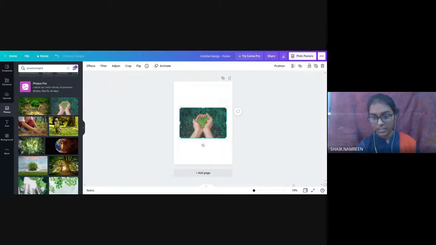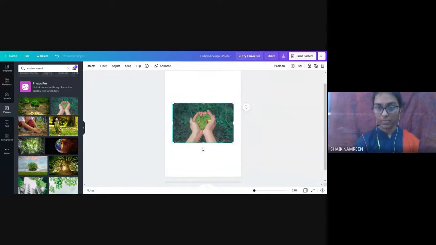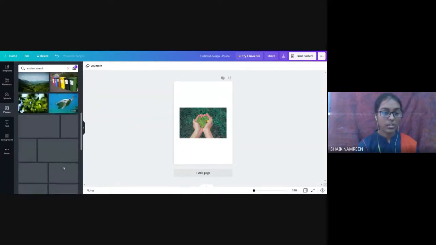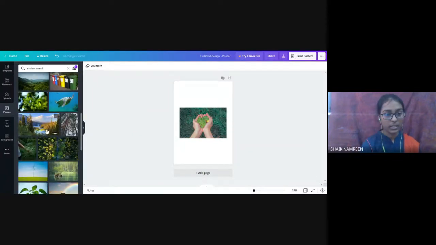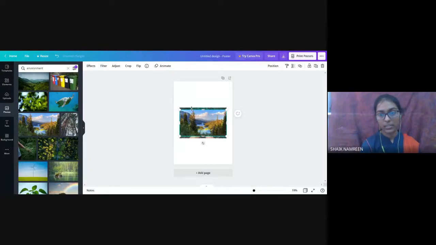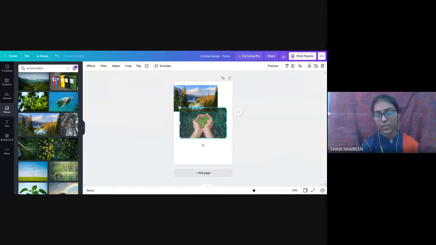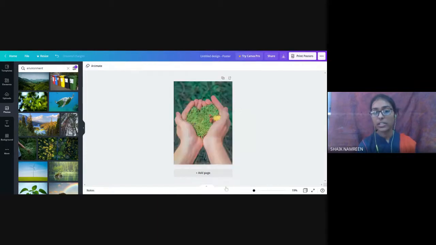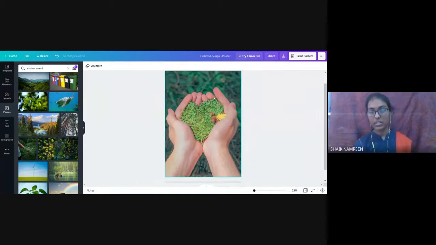I guess you can see, I will increase the font size. Yeah, this is better. Or you can select this one. I will select one of those, like it should cover the whole thing. Okay, I guess this one is right. We can select this one only. We'll go with the first one. By left-clicking on this, here is an option like set image as background. You should click on it, then it will fit to your page. So as you can see, it is fit to your page.